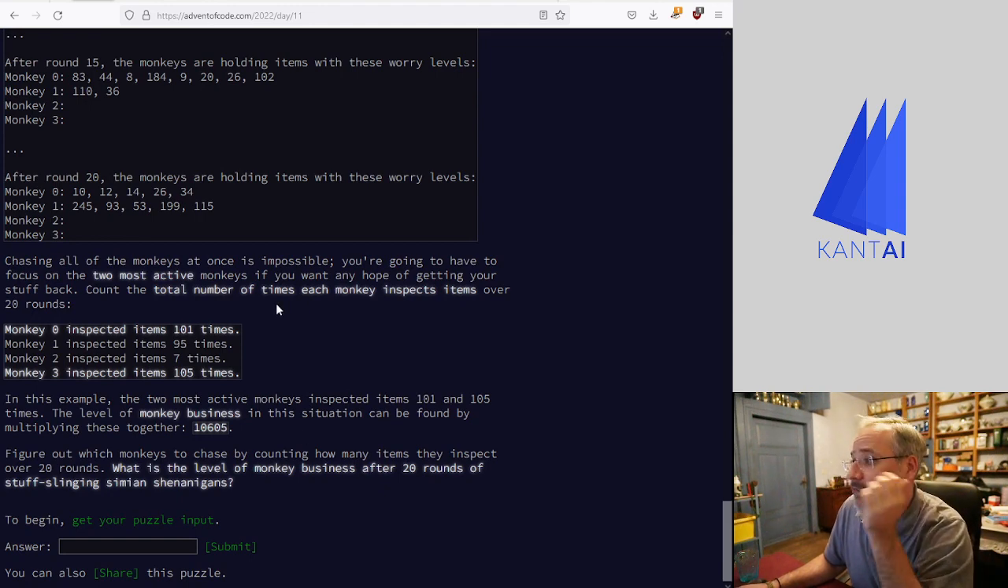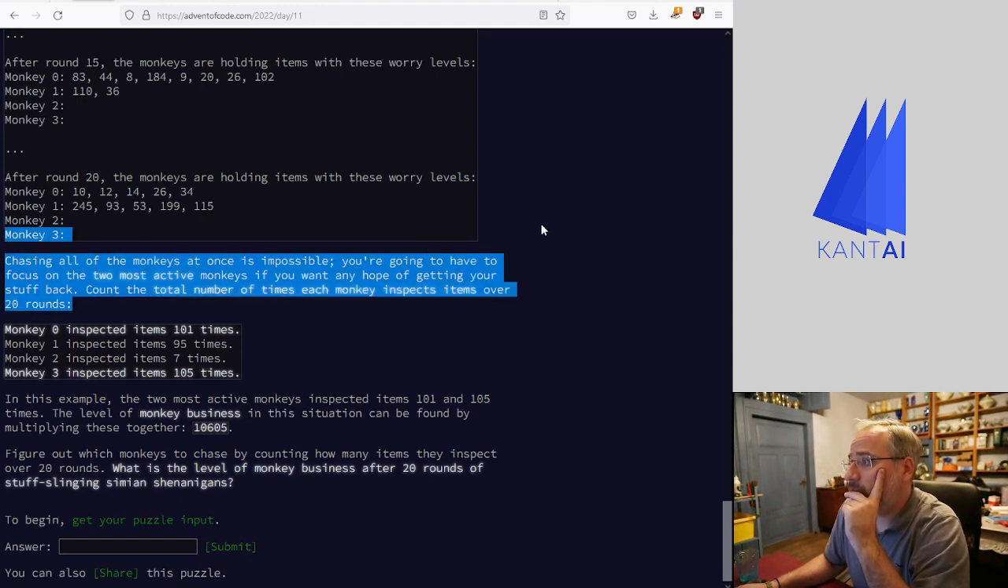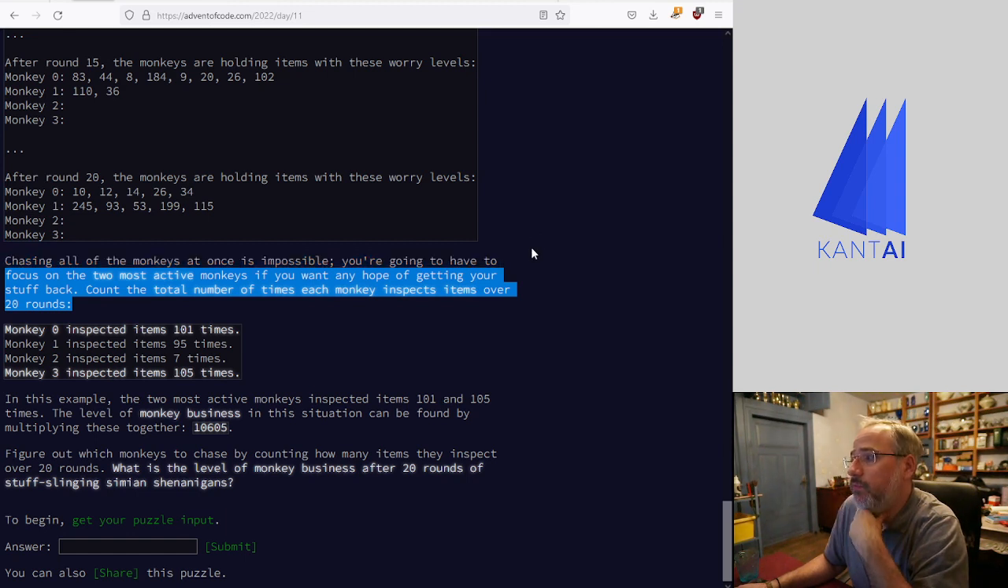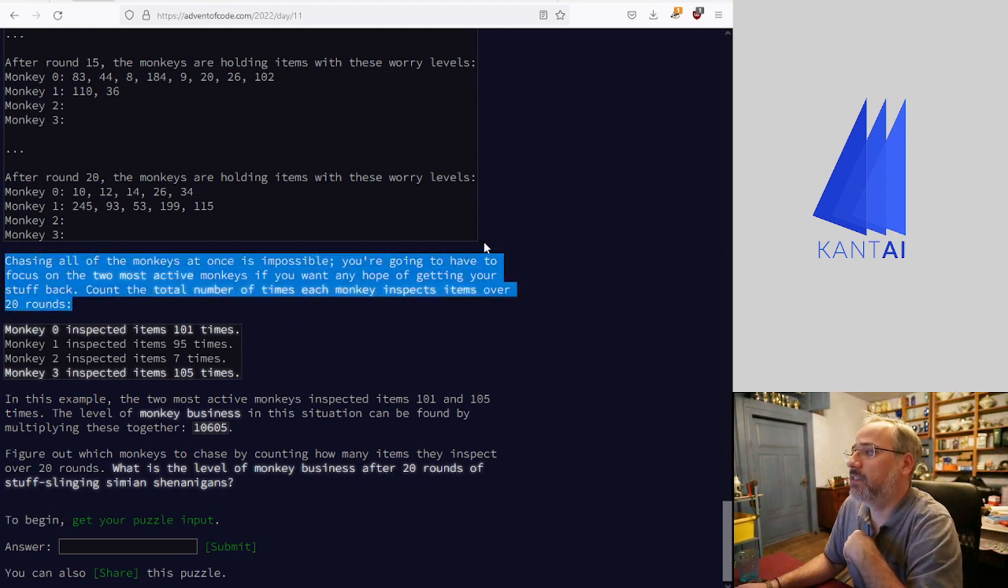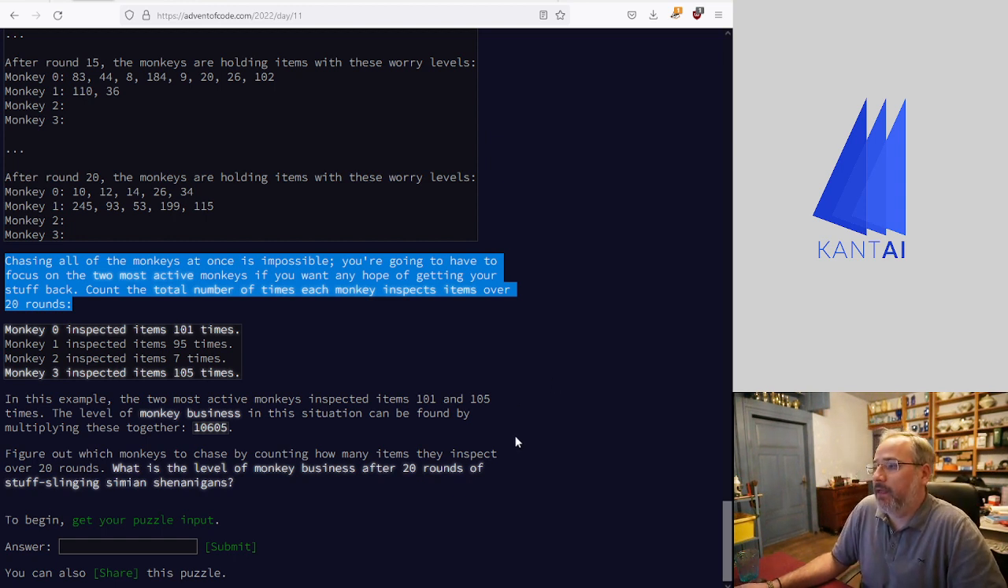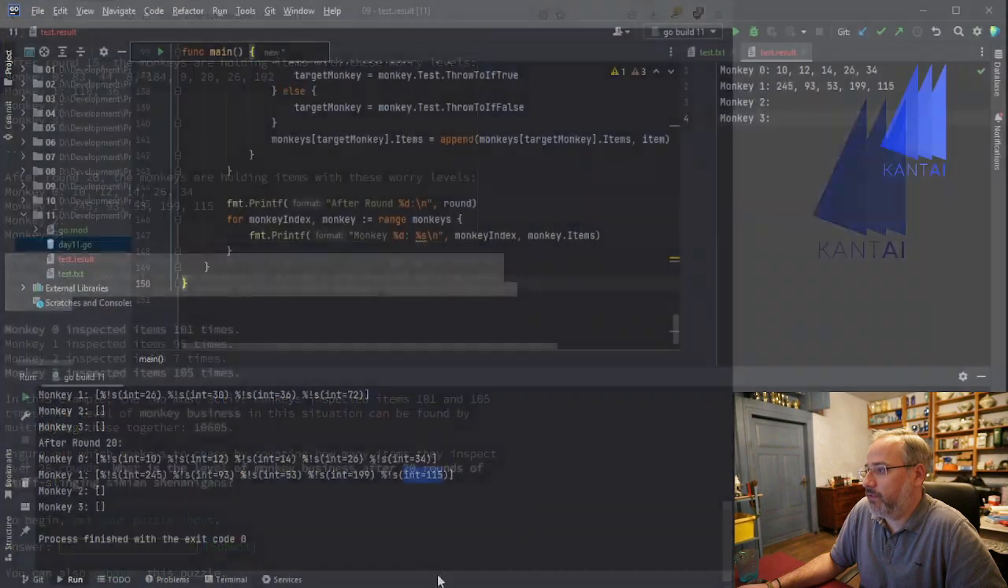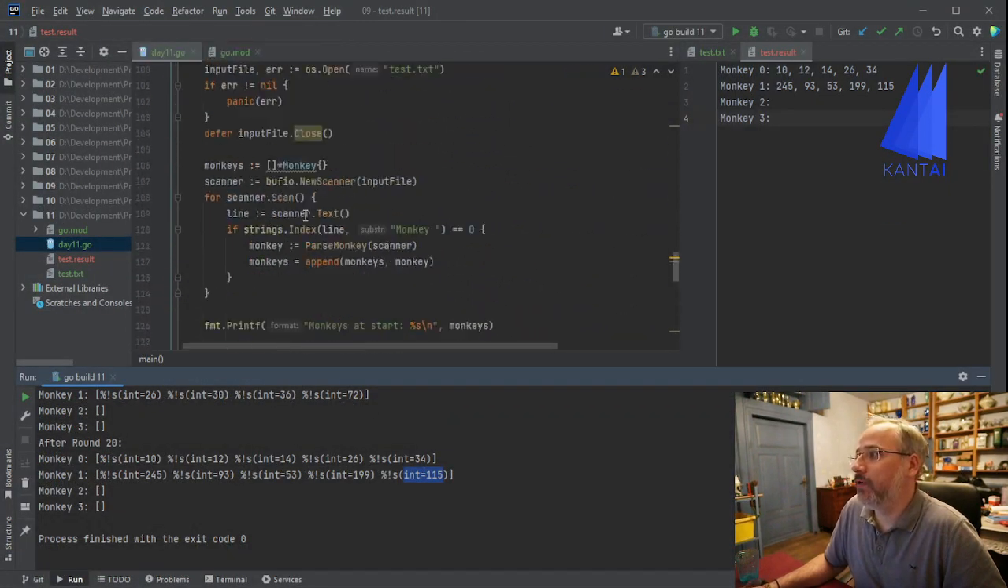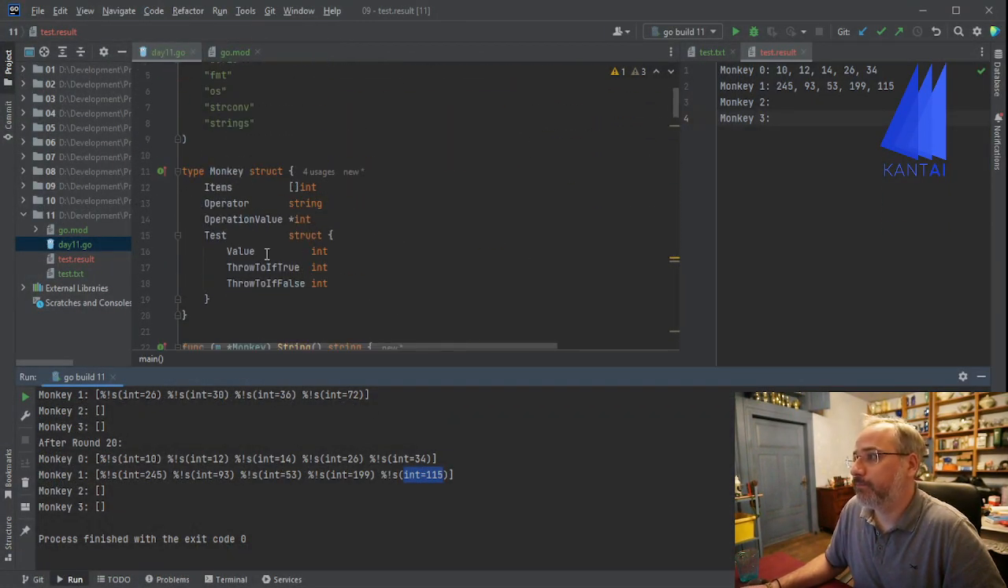So this means the only thing that is missing is now figuring out which are the two most active monkeys. So chasing all the monkeys at once is impossible. You're going to have to focus on the two most active monkeys if you want any hope of getting your stuff back. Count the total number of times each monkey inspects items over 20 rounds. So this is basically quite easy, right? Because the only thing that we need to do is introduce a new counter for each monkey variable, where we say